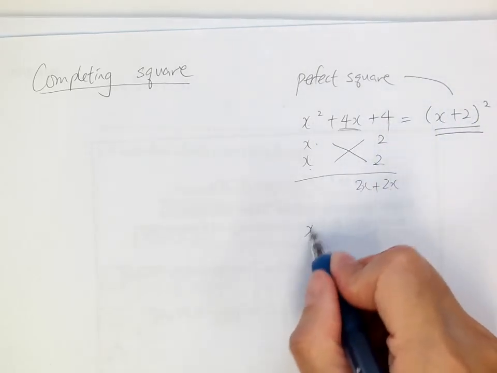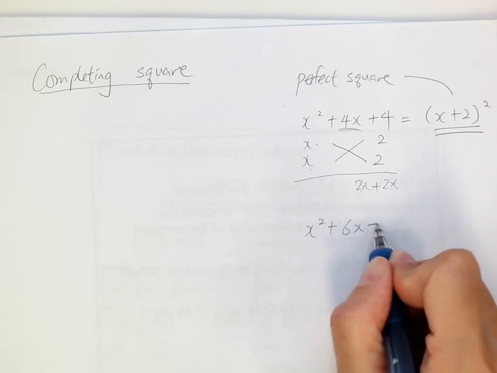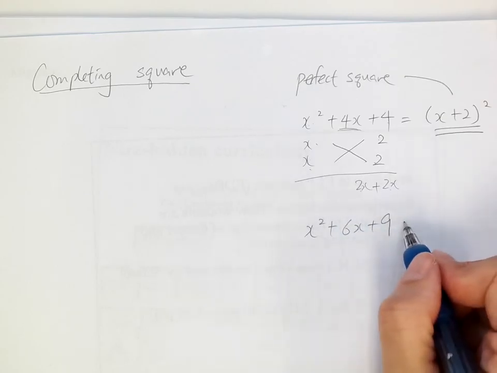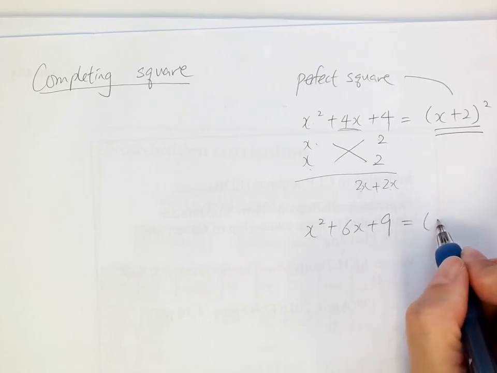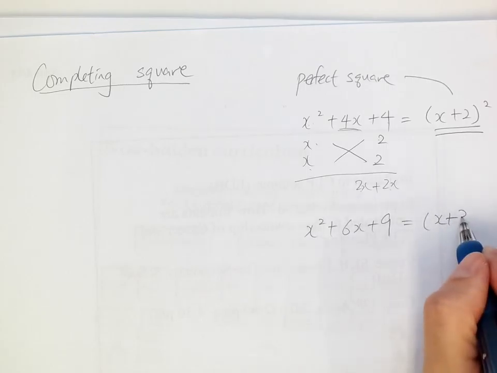Another example is x squared plus 6x plus 9. When you factorize it, it is again called a perfect square because it is (x plus 3) all